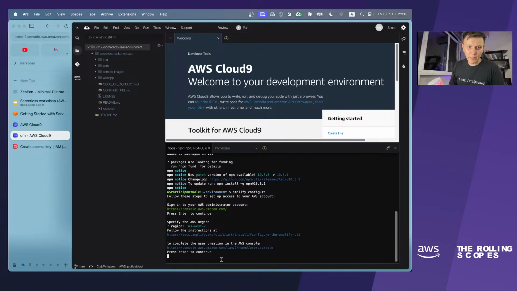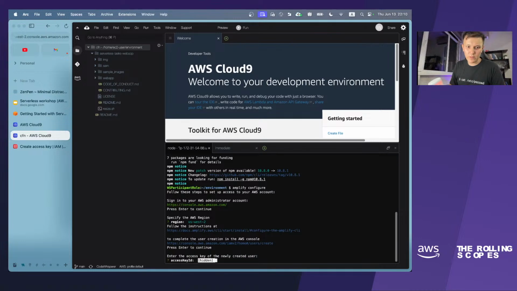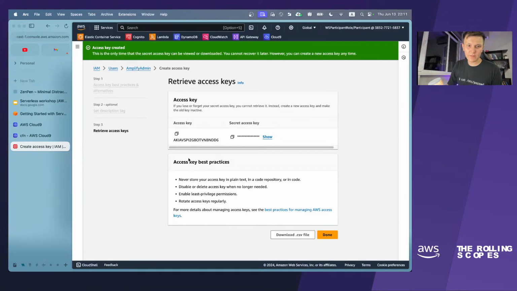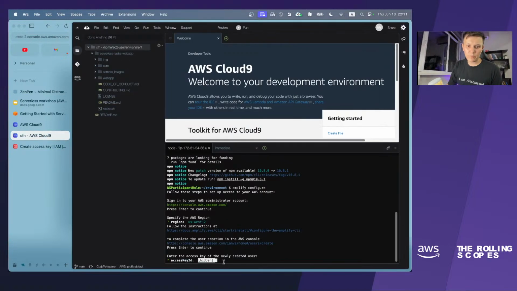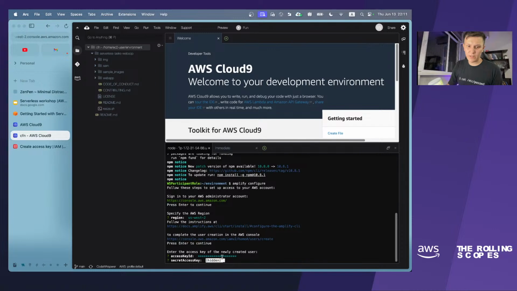Actually we have created the user, and I will press enter to continue, and then the AWS Amplify CLI asks us for the access key ID, and it is not secret, it is listed here, so you can just press the copy button and the access key has been copied. So you are able to just paste it here and press enter. What's next?